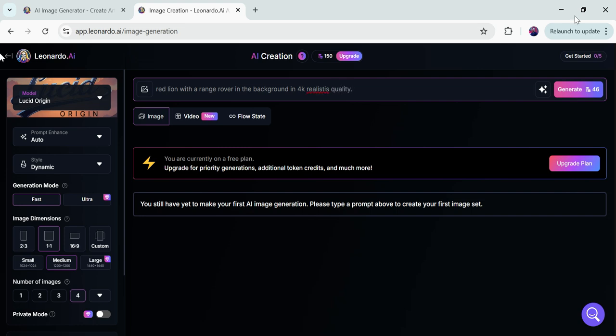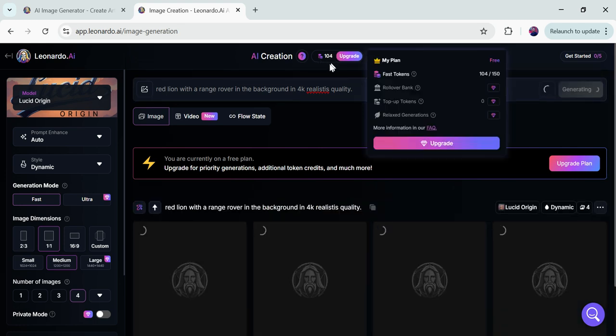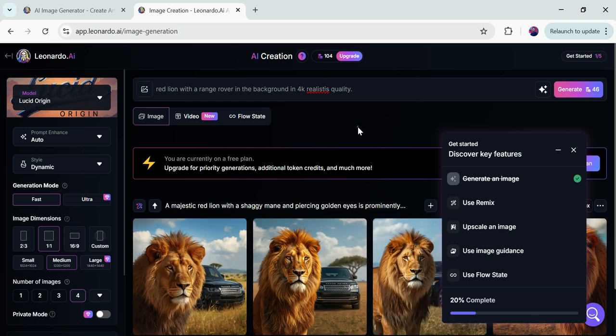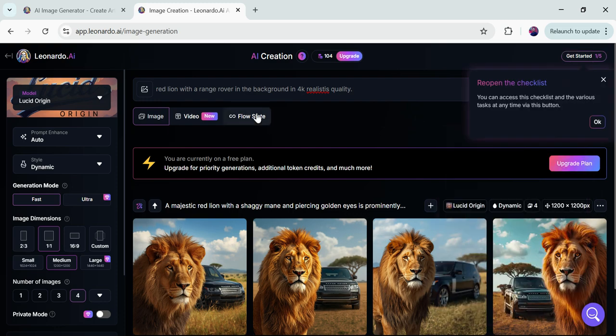Okay, I will just click on this generate button. As you can see that we have 150 credits, but now 104 credits are remaining. You can create a limited number of images through this tool. You can also have the membership of this website. So we have written a line with the Range Rover.